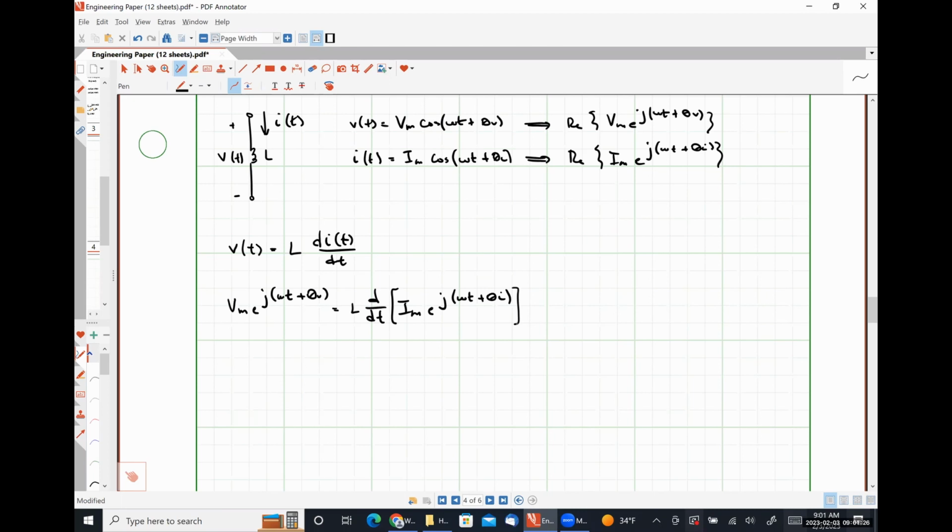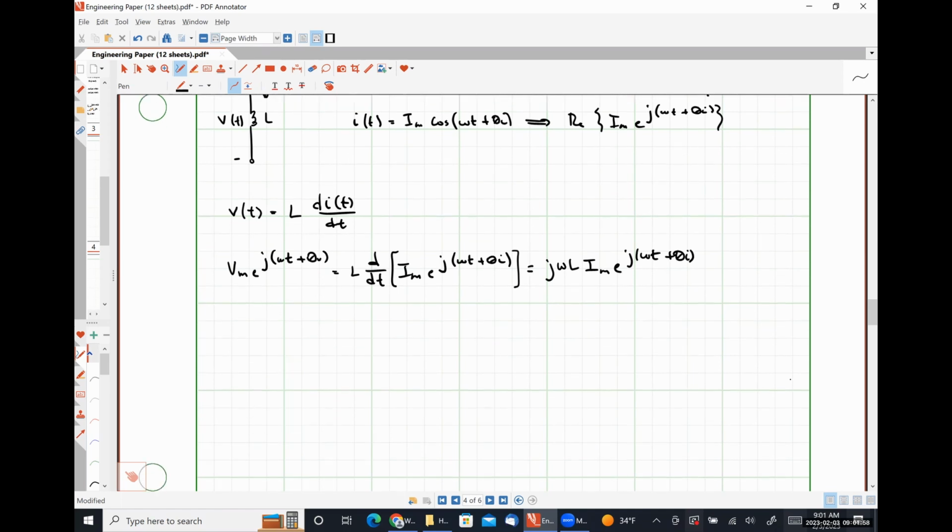Not just omega. Omega is coming down, but there's also going to be a j that comes down, right? So taking the derivative in the time domain is effectively multiplying by j omega in the frequency domain, right? So this is going to be j omega L times Im e to the j omega t